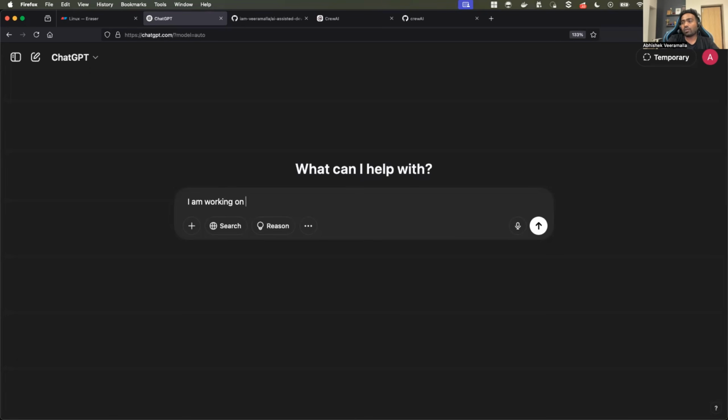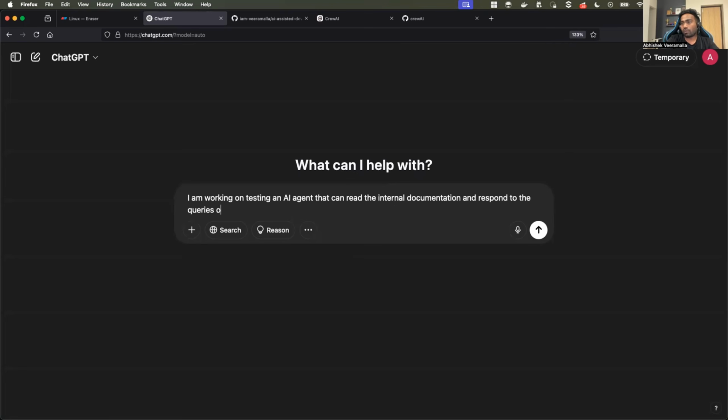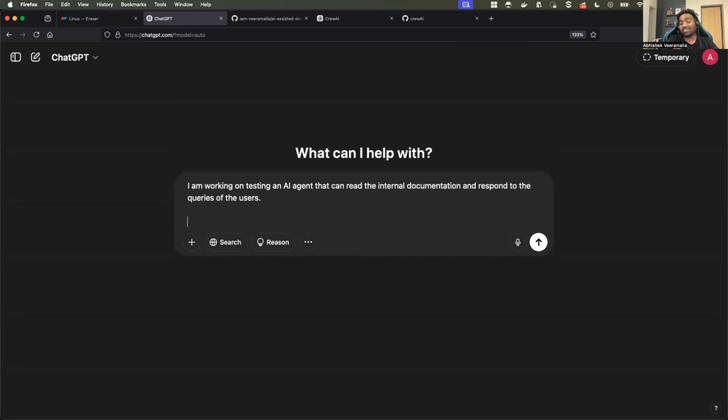I'm working on testing an AI agent that can read the internal documentation and respond to the queries of the users. In the prompt engineering lecture, I already explained to you: first, provide the context, then provide your question, then try to provide a few examples. This is called few shot prompting. Now we will say, to help with this,